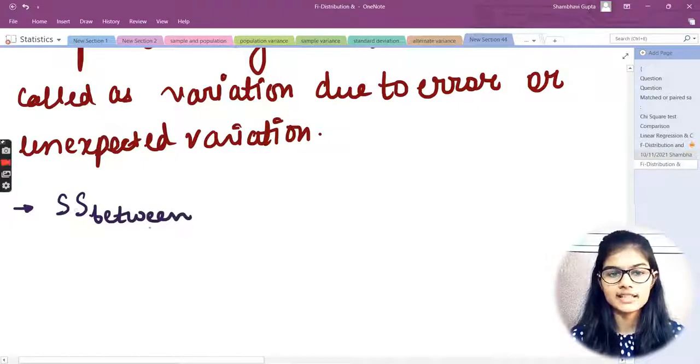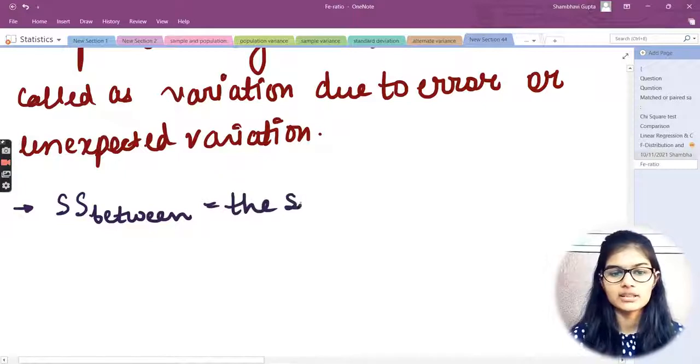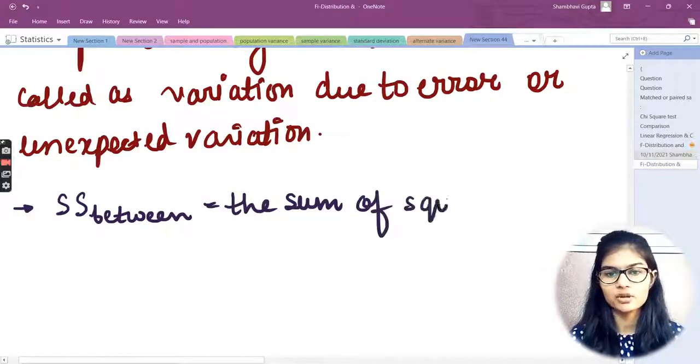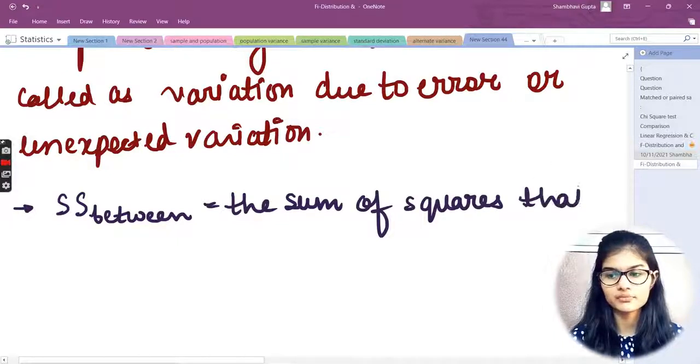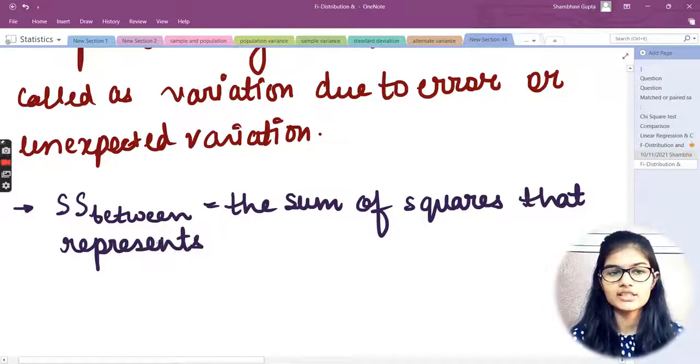So here it is SS between. Here we have the sum of squares. SS between is basically the sum of squares that represents the variation